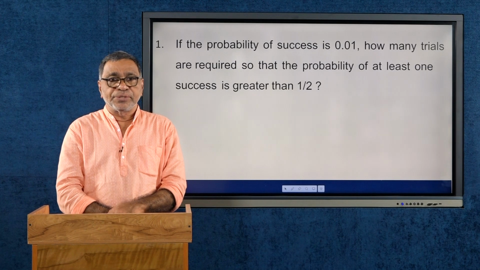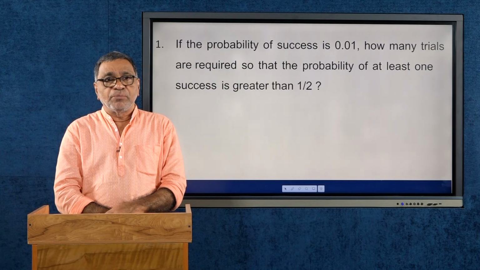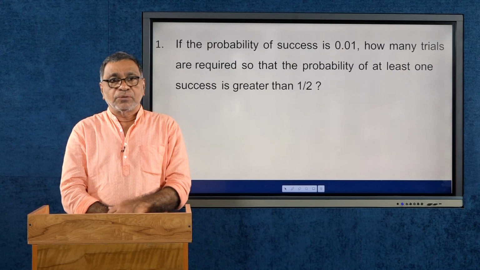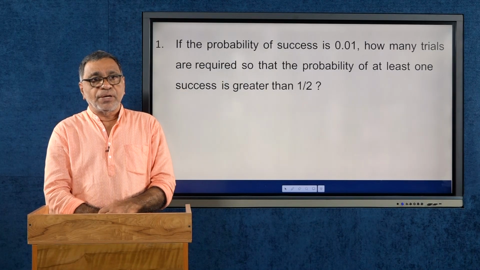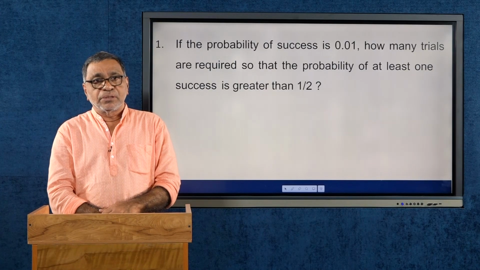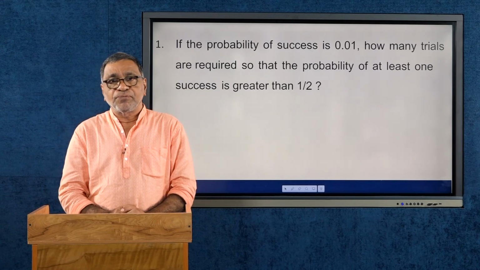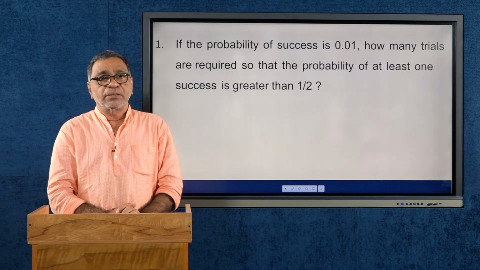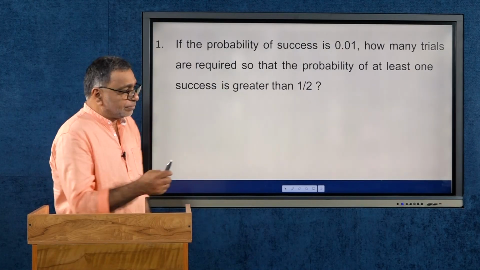This is an application of the binomial distribution, where we are finding the number of trials required to satisfy the probability of at least one success being greater than 1 by 2. So, here we consider,